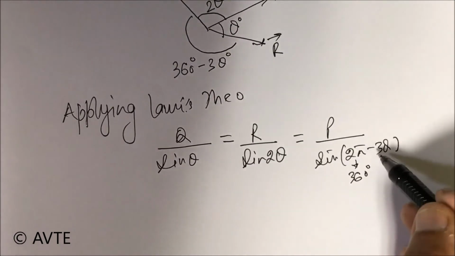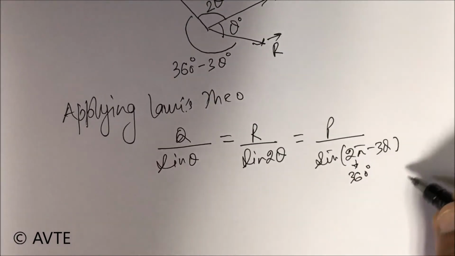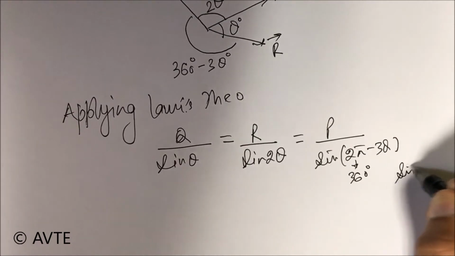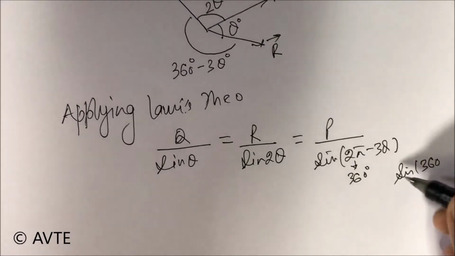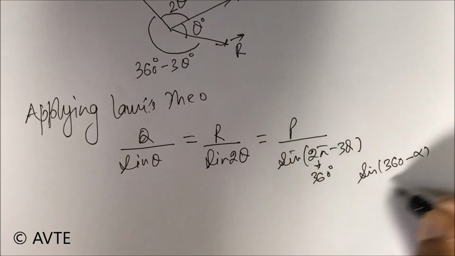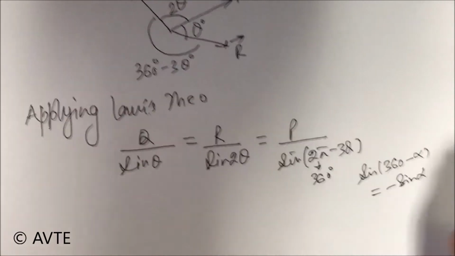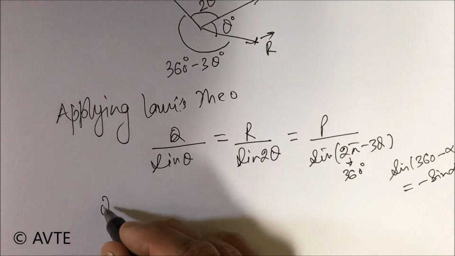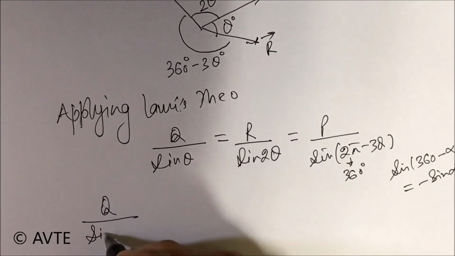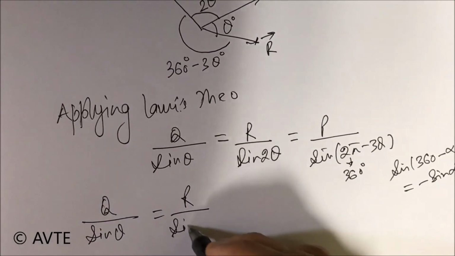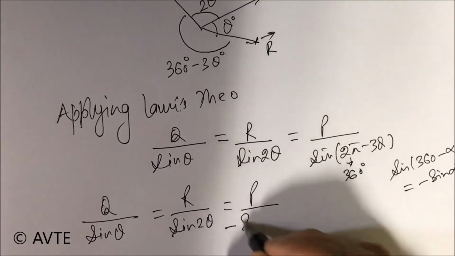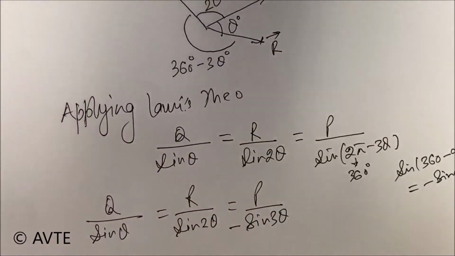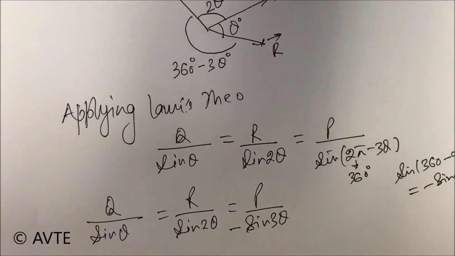Now what is sine of 360 minus theta? That is minus sine theta. Sine of 360 degrees minus alpha is minus sine alpha. So coming back to the original question, now we'll be expanding sine 2 theta as well as sine 3 theta. So we get